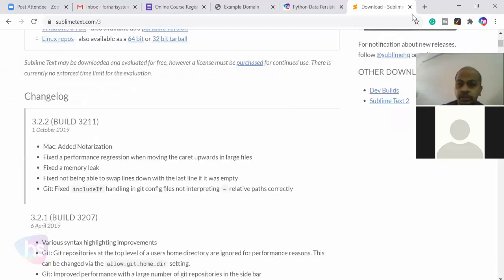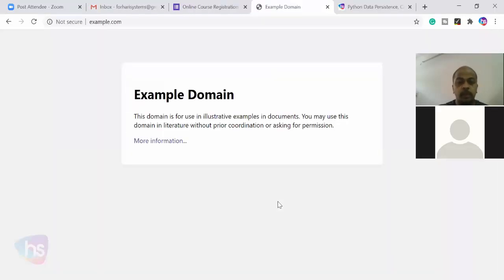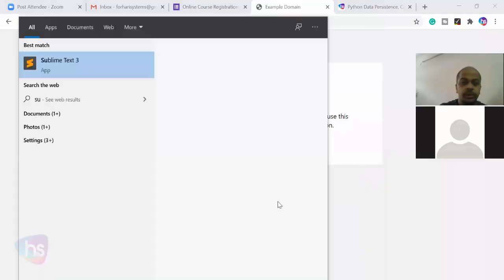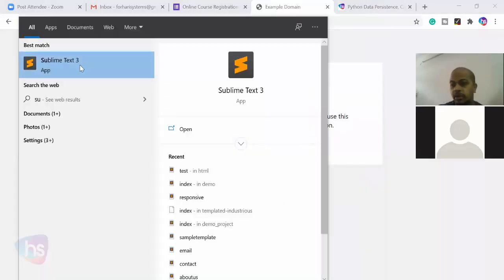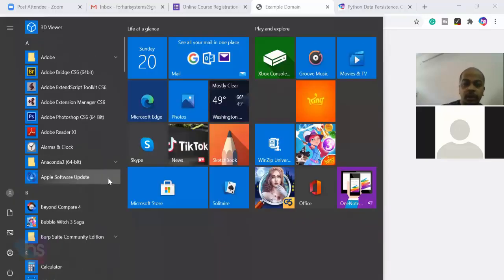Once it is downloaded and installed on your computer system, here is the Windows 10 operating system. On the start button, you will get an option called Sublime Text.